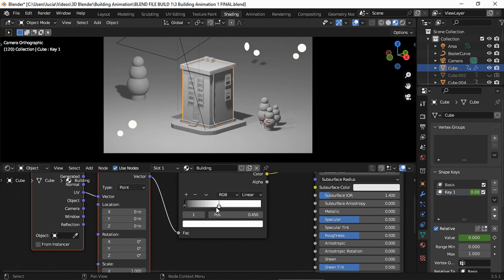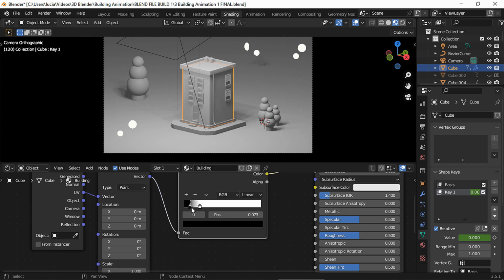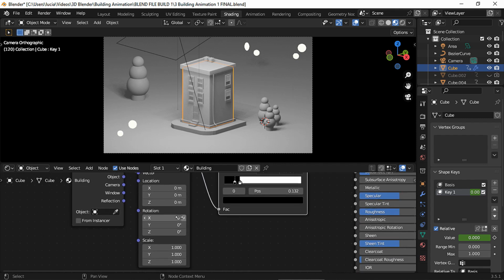Let's move the color stops. And first, I like setting the interpolation method to constant to get a clear idea of where the colors are, and that way it's easier to place them.